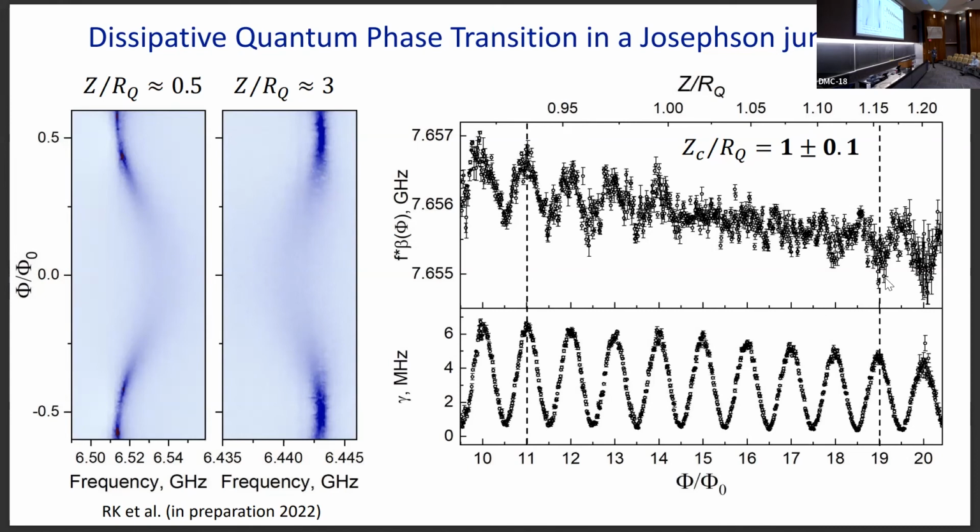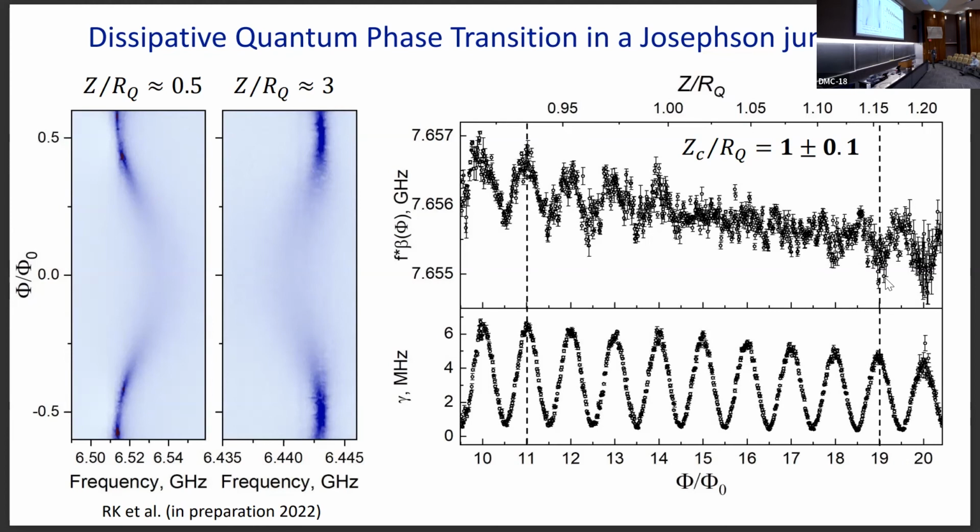This data, the line basis, was measured simultaneously, and you see here you have maximum corresponding to maximum, and here minimum corresponding to maximum. So we see the same transition between positive and negative phase shift, which happens exactly around Z over Q equal to 1, plus or minus 0.1, which is the uncertainty of our measurement for impedance. So the transition is indeed there at the value which was originally predicted almost 40 years ago.